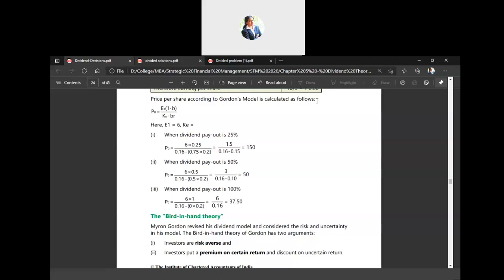The first argument is that investors are risk averse. And the second one is that investors will always put a premium on certain return and a discount on uncertain return. Now, speaking about the first one, investors are risk averse. It tells that no matter who the investors are, they try not to face the risk, or they shall always avoid the risk. And the second one is